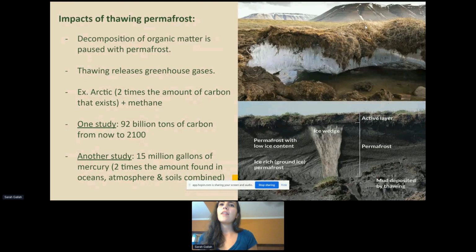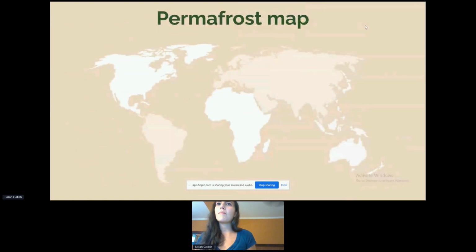projects that 92 billion tons of carbon from now to 2100 would be released if it were all to be thawed. Another study found 15 million gallons of mercury, 2 times the amount found in oceans, the atmosphere, and soils combined. I feel like it's not something that we are often discussing when we're talking about climate change, but it's obviously very important. So this map, you're going to see how about a quarter of the entire northern hemisphere